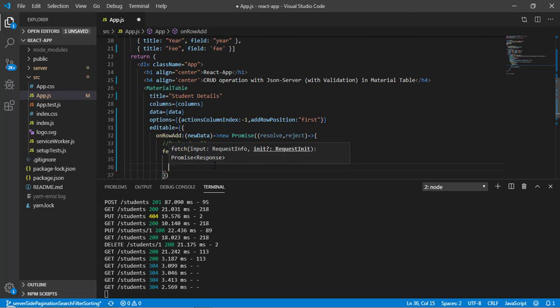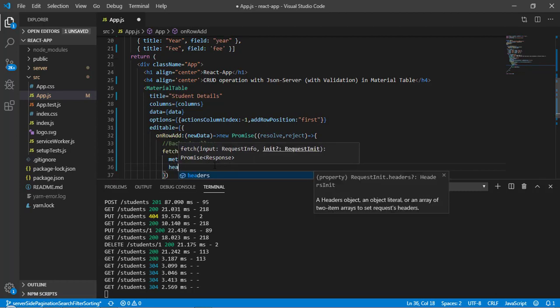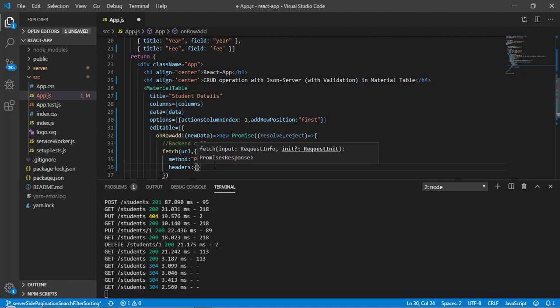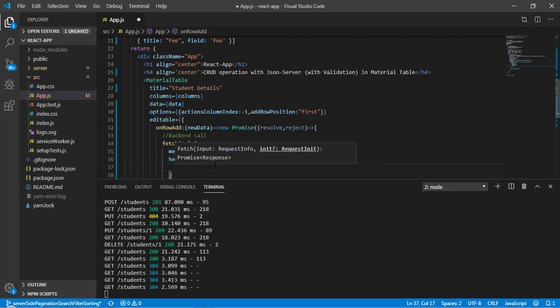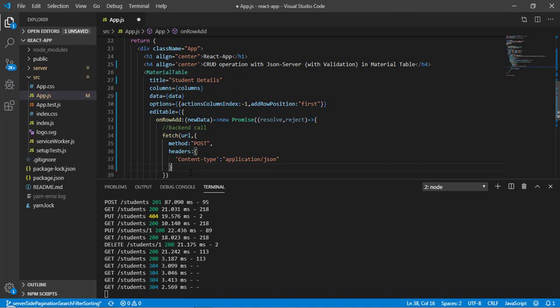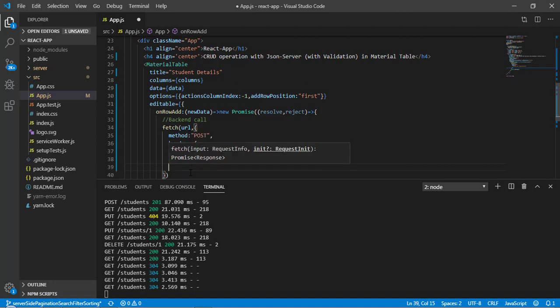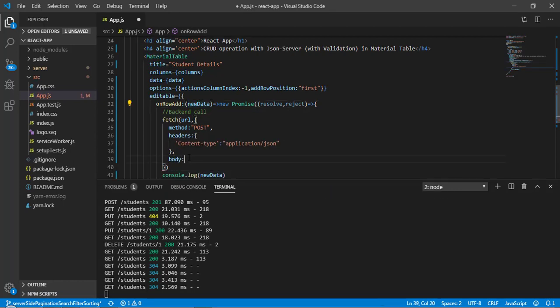Now we have to add our headers. For that, headers, and this is going to be an object, and I can provide here content type, and the content type is going to be application/JSON. Okay, and now the third parameter I have to pass is data, that is called body. So here the new record we have to pass. For that we will pass body, converting this data into a string.